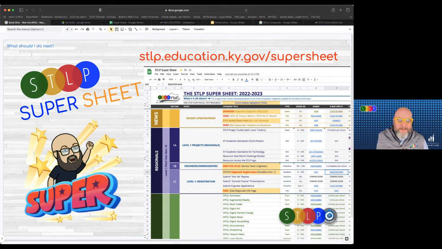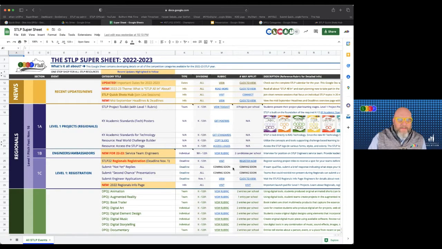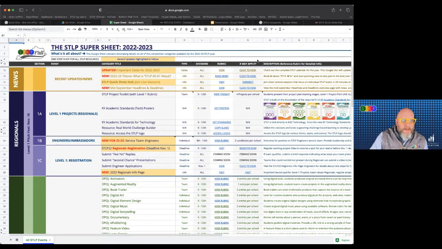A Google search for STLP Supersheet is also kind of quick, but let me pull up the Supersheet just so you can get an idea. Here's a picture of it, but this is it live. So our live Supersheet is a Google sheet that is packed just with access to every activity, every event, every category, and we have them organized by news.